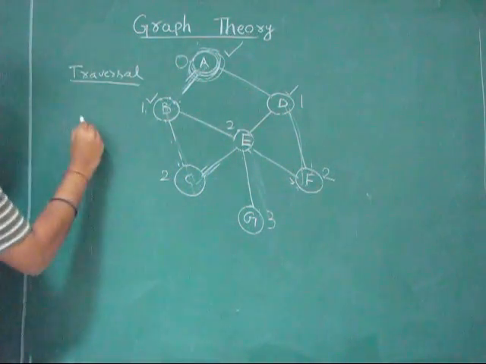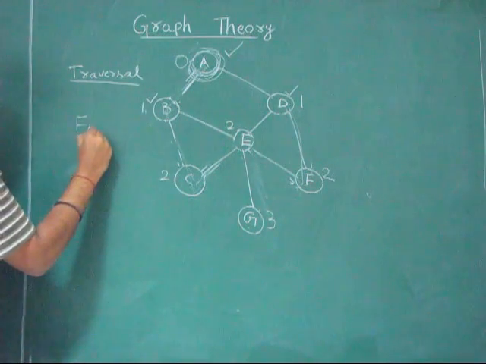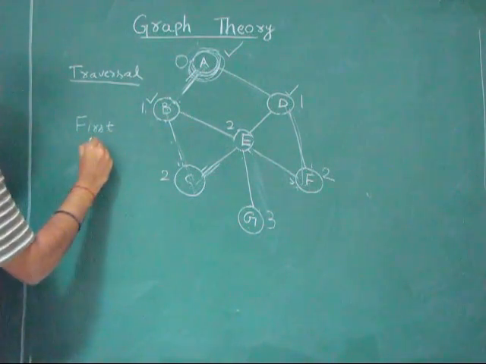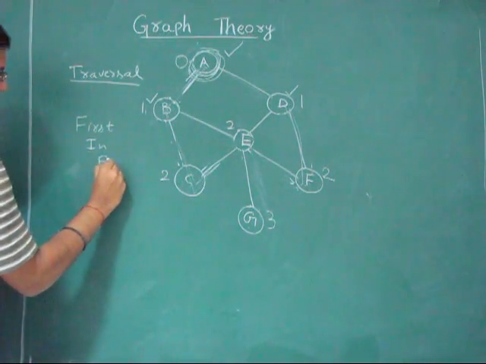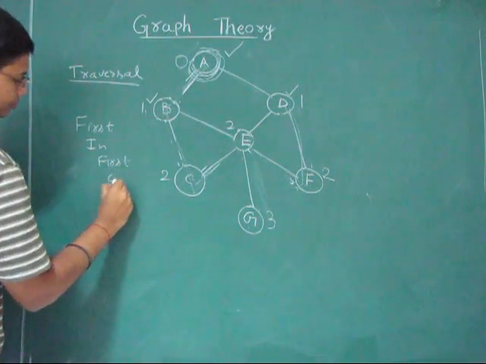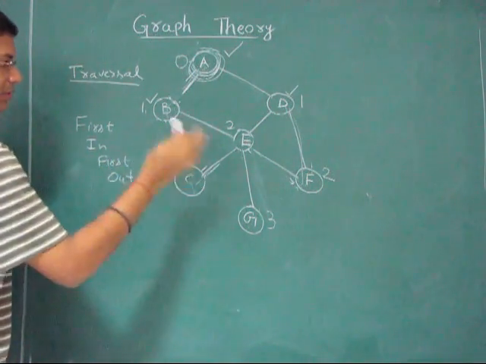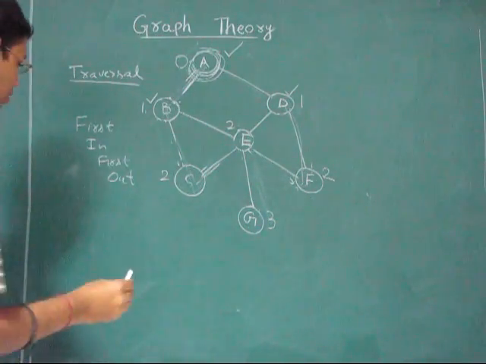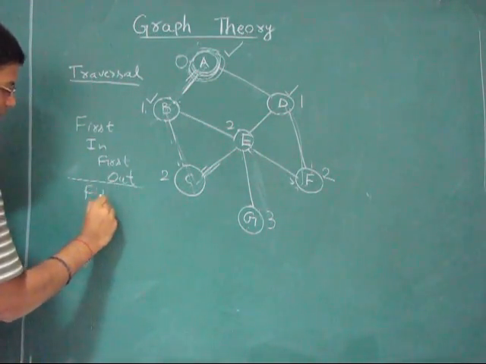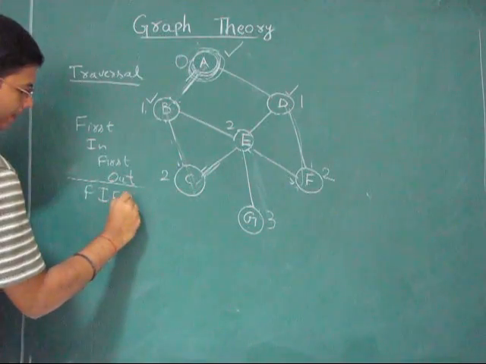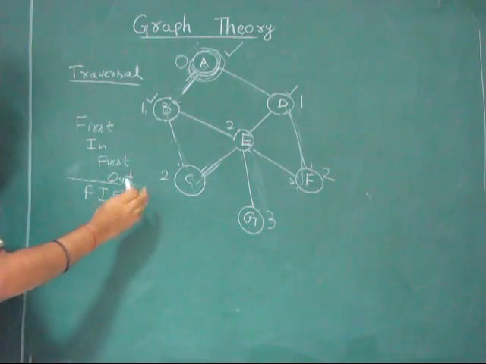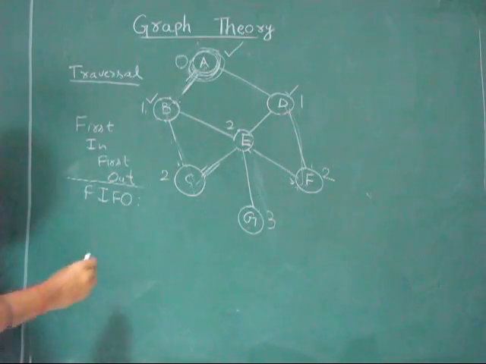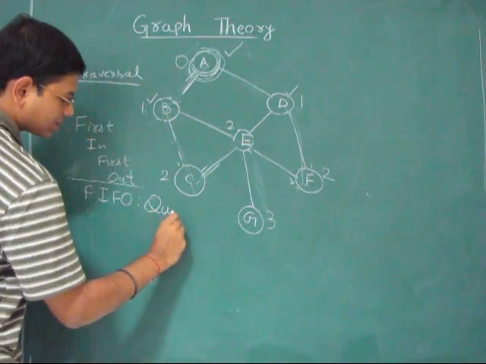Okay. So that is nothing but the first in, first out order. So which comes first should be taken care of first, and which comes later should be taken care of later. So this is also called as before, and this way of ordering is done using a data structure called a queue.